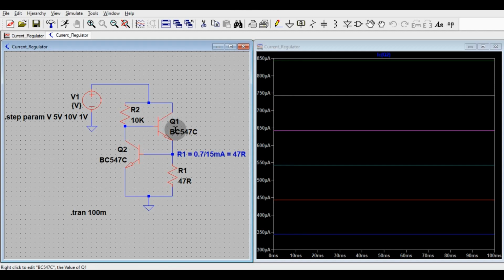So hope you understand how this circuit works as a current limiting circuit, how a transistor works as a current limiting device, right? This is most commonly used circuit in the industry. You can also try with this circuit, right? And at the end of this video, I will upload this LTspice file in the Google Drive, and I will share the link with you in the description. You may go and download the file, and you may play with this circuit. Okay, so hope you understand the concept of transistor as a current limiting device, right?